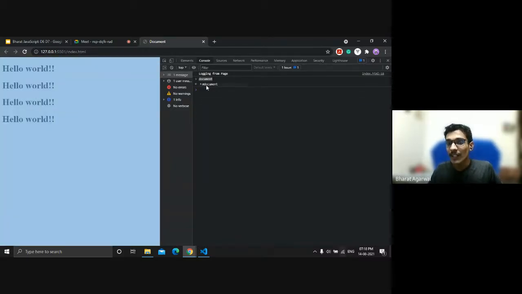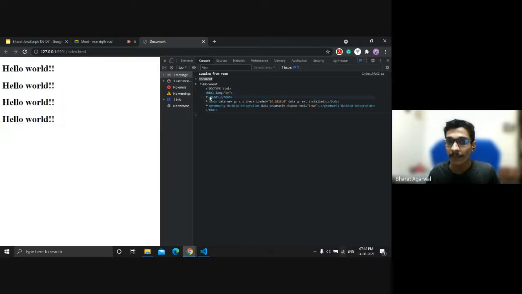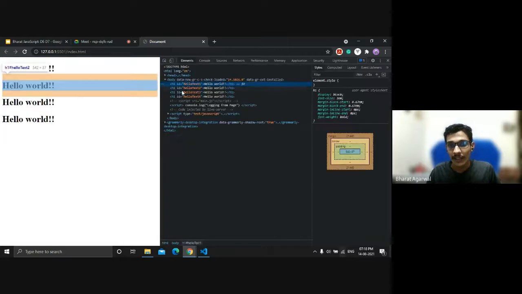So document is nothing, just a root node for the page, and document refers to the whole page which is visible to us. And under the document, everything is available in web. Got it?